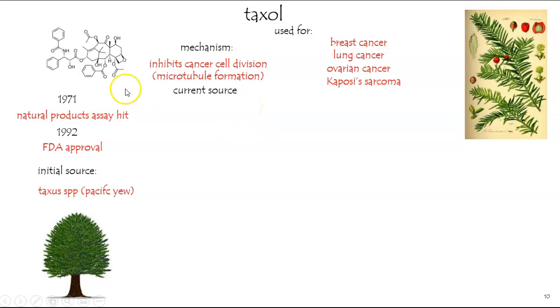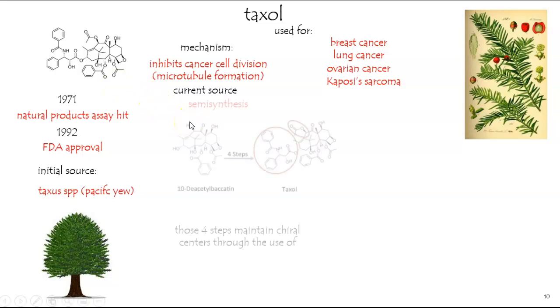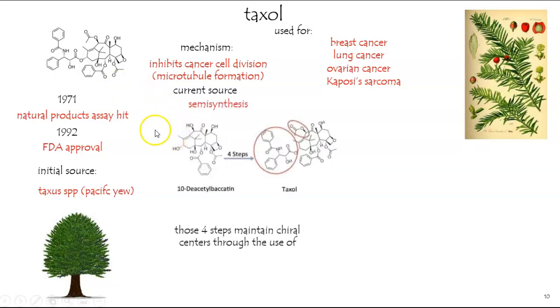Now, it was initially sourced naturally, but once it became popularized, they needed a lot of it, and so it's now produced semi-synthetically, which can be a green way of making things. You don't have to start from scratch. I mean, in 4 steps from this substance here, which can be obtained from other natural sources, you can synthesize this. But it's not an easy thing to do, since you have to maintain the chiral centers,